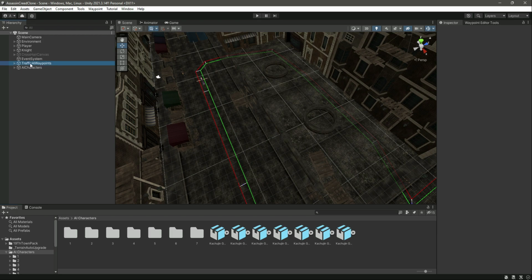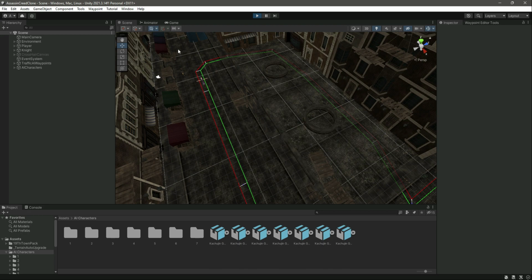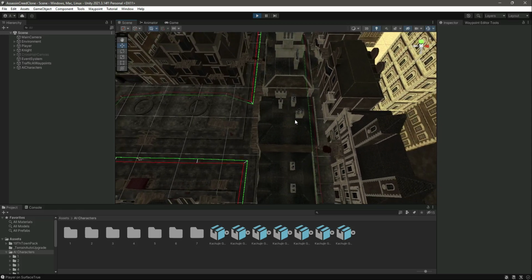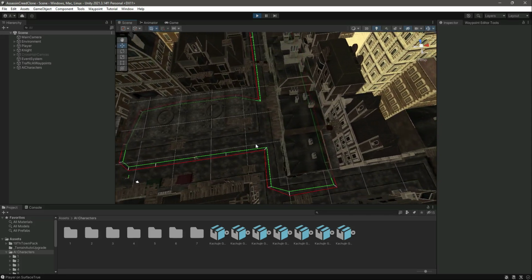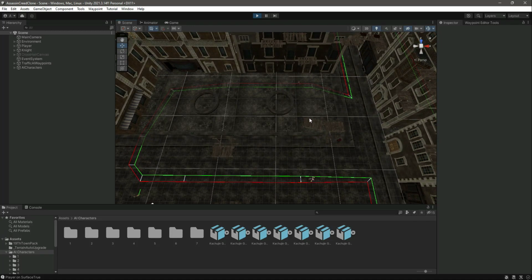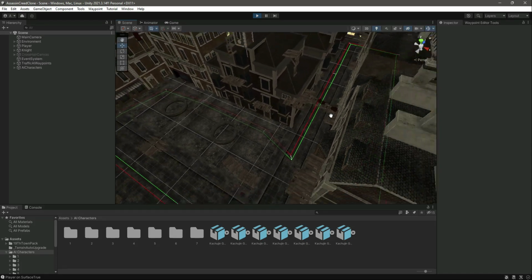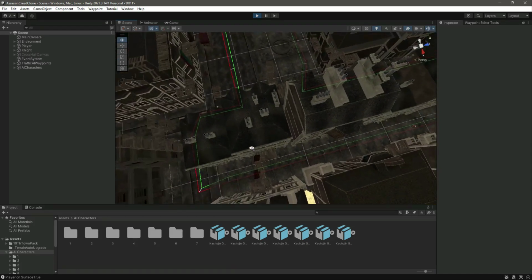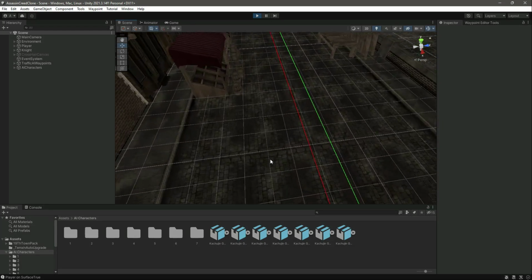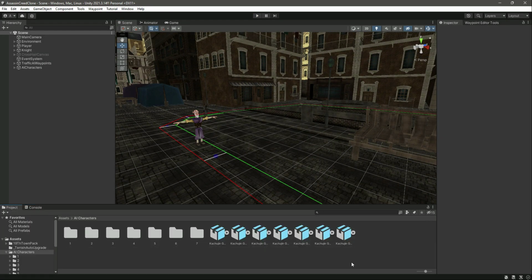Let's now save this and play the game. Let's click on scene view, and you will notice this character will spawn after every 1 second. As you can see, the characters are spawning. Let's stop the game, and right here